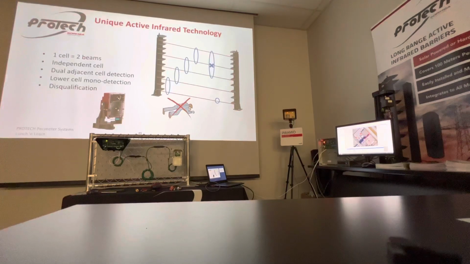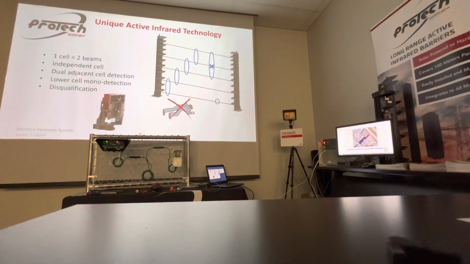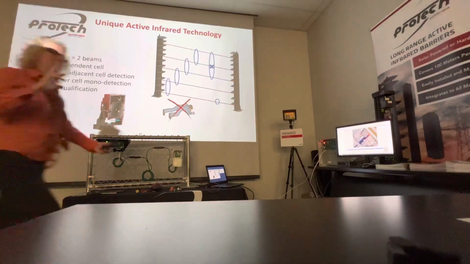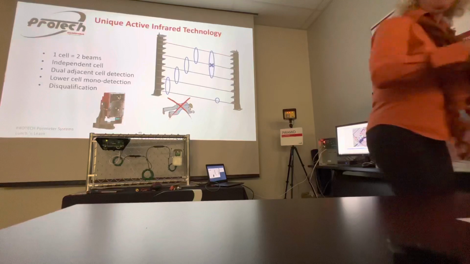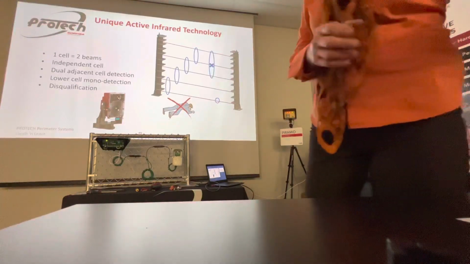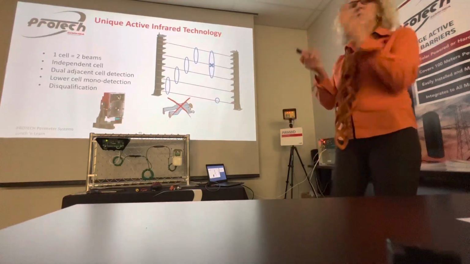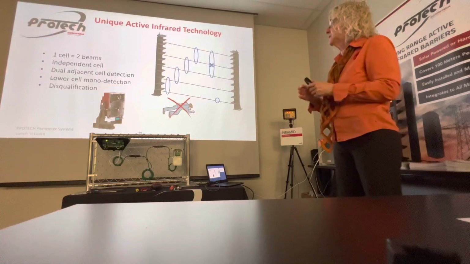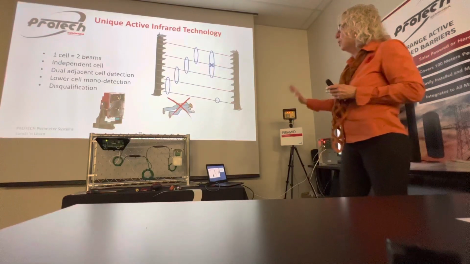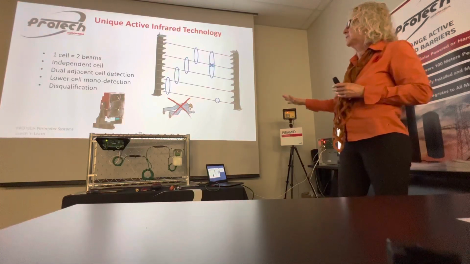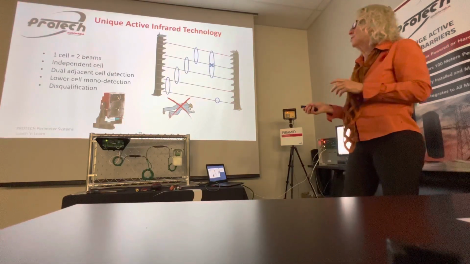Market, and people know photo beams, people know laser beams, people know different things. The difference with our technology is that in each cell there's actually two beams, and I'll pass this around. So it's got dual adjacent cell detection, it's got a disqualification feature, lower cell mono detection. Okay, so how it differs from